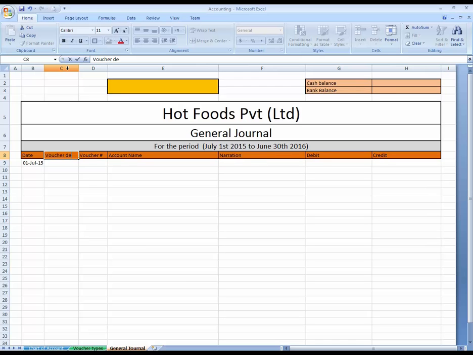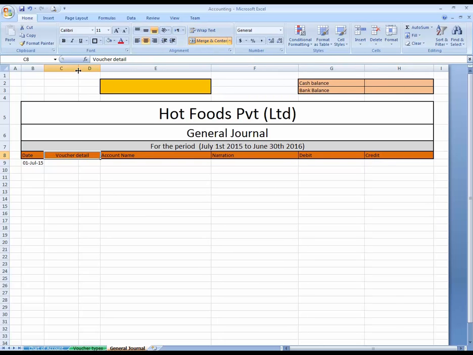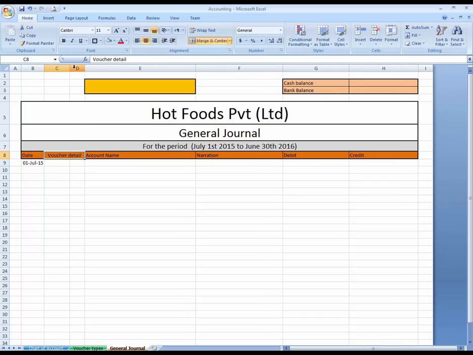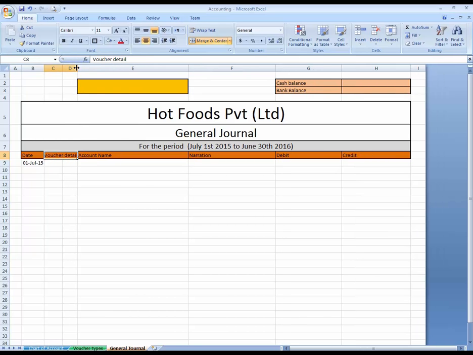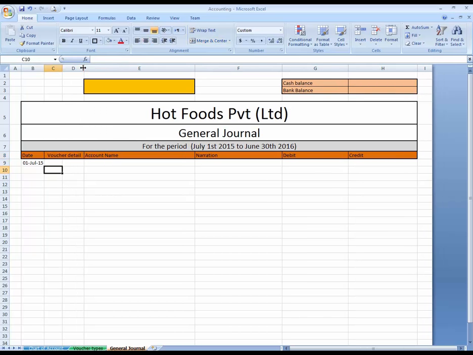Or I'm going to write over here voucher detail, and I'm going to merge this. Yeah, now it's good, I think. Here we go.